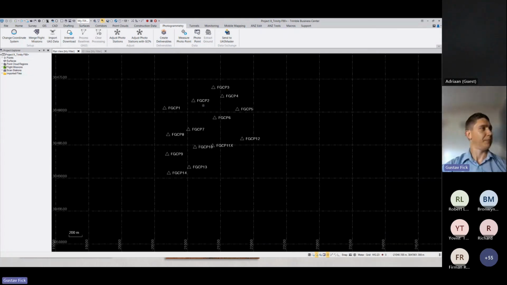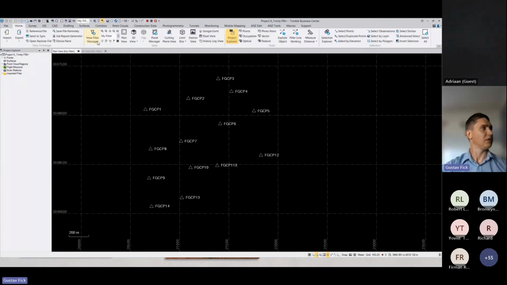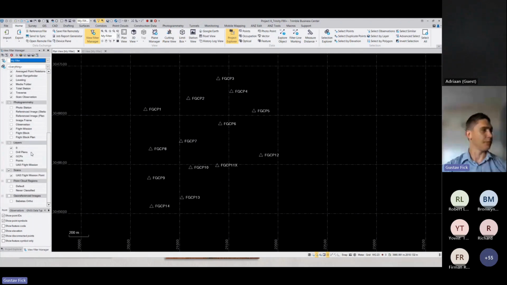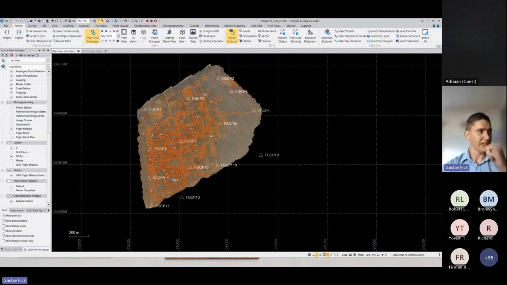Next, if I quickly scroll down or use my filter manager, this is a very nice feature within Trimble Business Center where you can seamlessly switch on and switch off what you need to see. So in this instance, let's quickly focus on the orthophoto. There you can now see